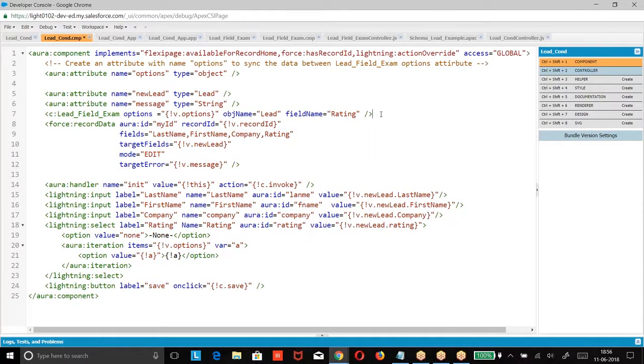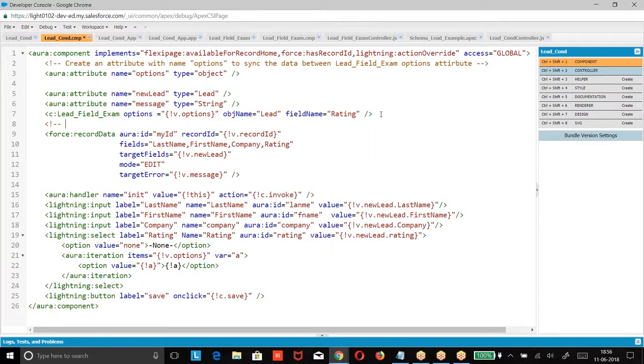Now next, because we are trying to override the button's standard functionality, we need to use record data. In the record data, we already know this. We have done these formats already.